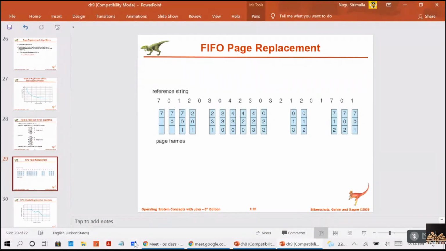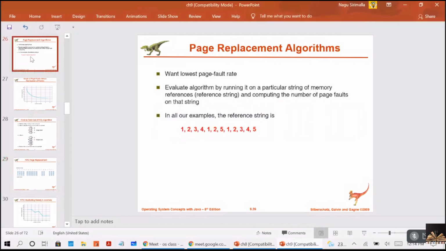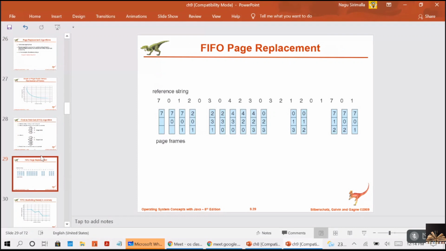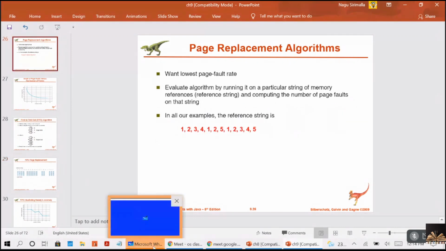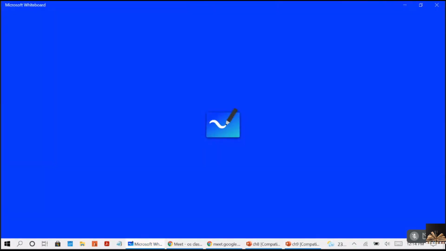Because I will solve it on the whiteboard and show how it can be done. First I will show you, or rather, I'll take this example and show you how to do it. You can solve the same thing for this problem. First in first out, the name itself tells you that whatever page you load first has to be swapped out first. Very simple. Whatever page you load first has to be swapped out first. That is first in first out.